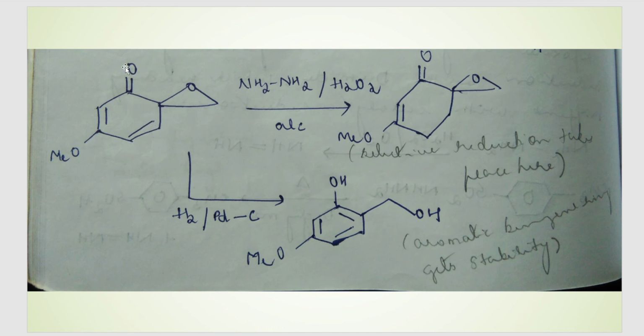It will not even reduce this part, that is a C double bond O, a ketonic group, because it is formed between carbon and oxygen, and this is an unsymmetric bond. Even this bond is not reduced because it is unsymmetric in nature. So here the only symmetric bond is this one. So that is only selectively reduced by diimide, whereas when we take a heterogeneous catalyst, say like palladium, it will reduce all the other bonds as well. So if you have to carry out selective reduction, then you can use diimide.